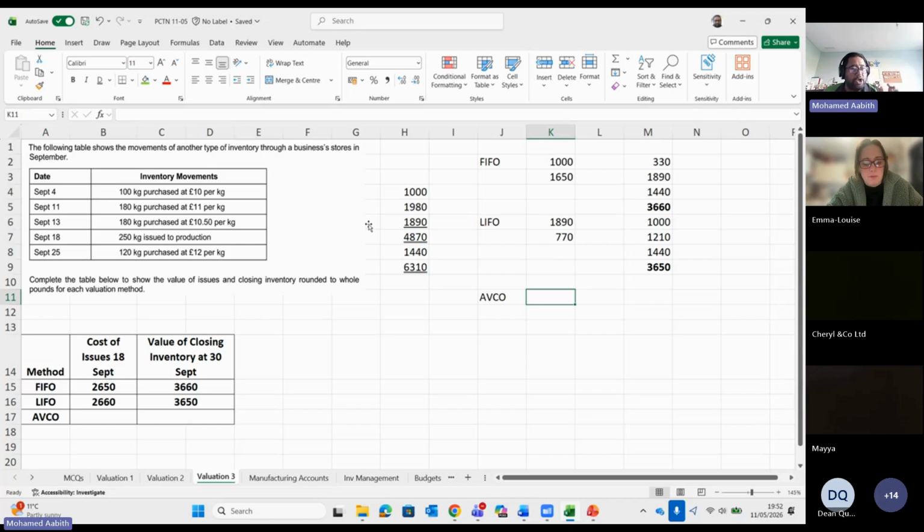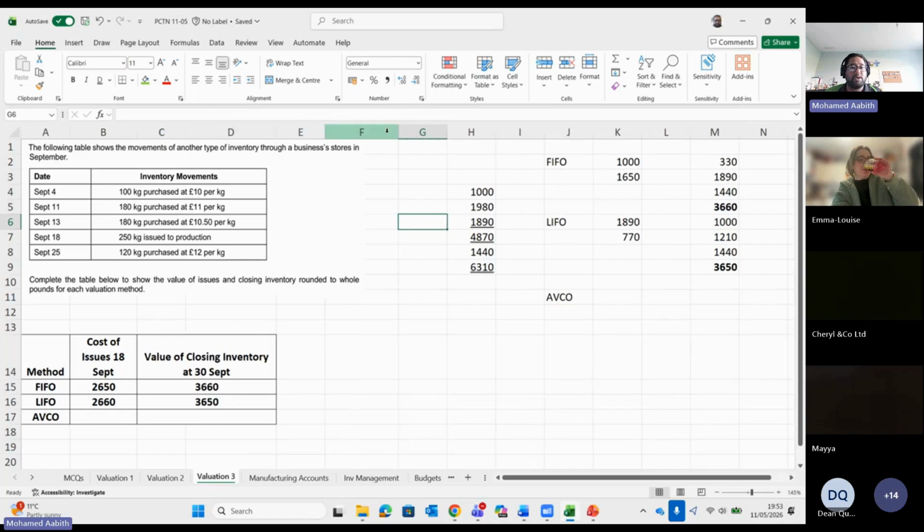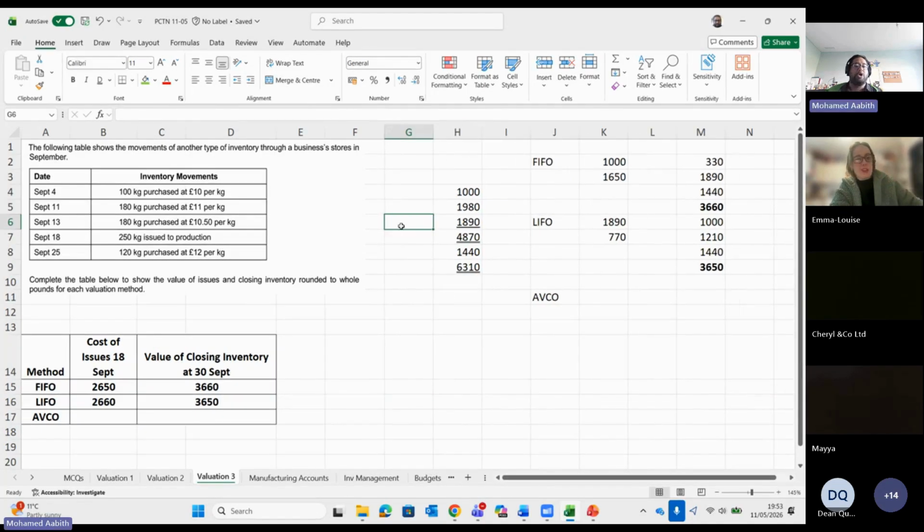So here I need to know how many kilograms I had when I issued this 250 kilograms. So for that one, I'll have 100 kilos plus 180 plus 180. It's 460. So let's say here 460 kilograms altogether valued at